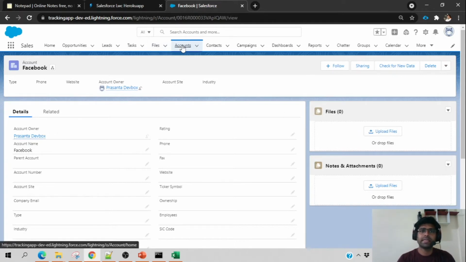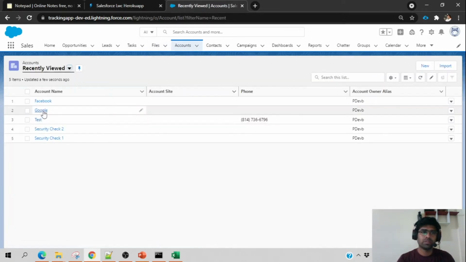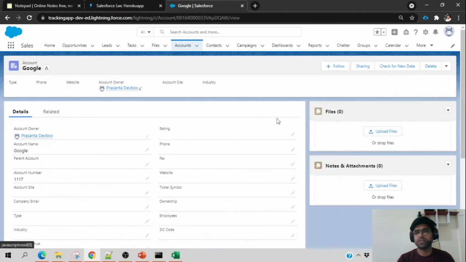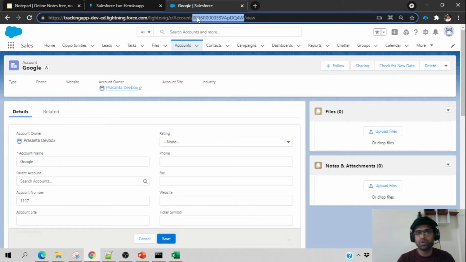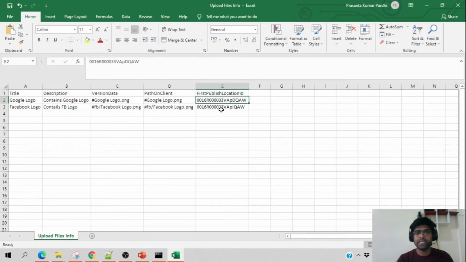Another is a Google account. If you click on the Google account, you will see there is no file over here. So the file I wanted to present in Google, I copied the Google account ID from the URL, the subject ID, and kept it over here. Similarly, I copied the Facebook ID and kept it over here, so that when I'm inserting the file, it will link to the corresponding Facebook account and Google account.